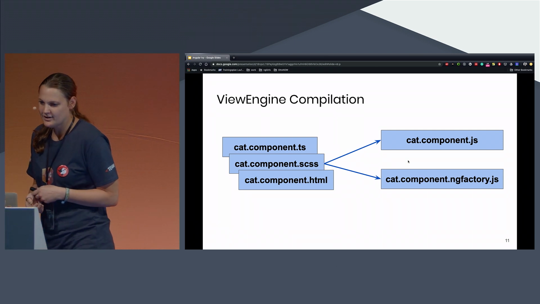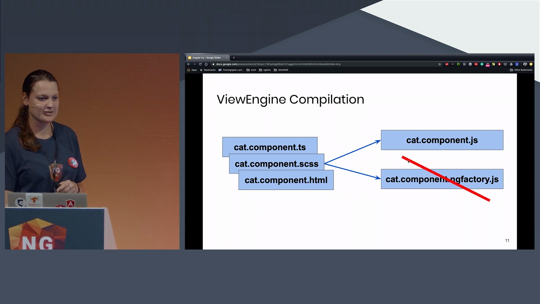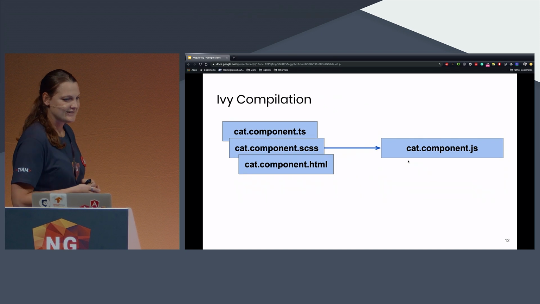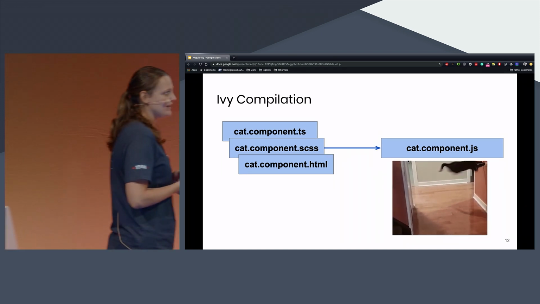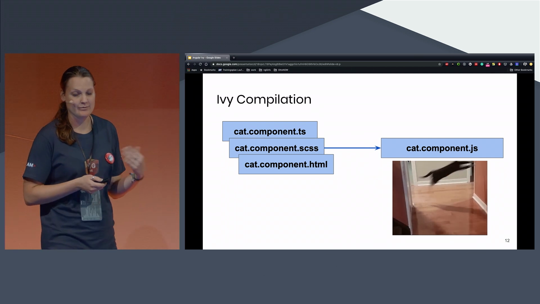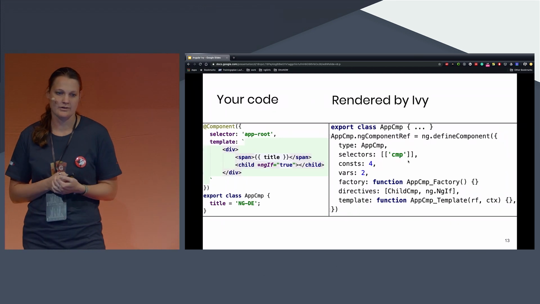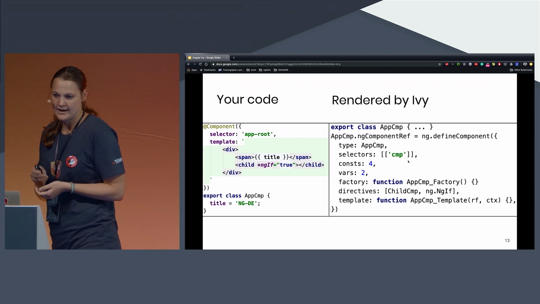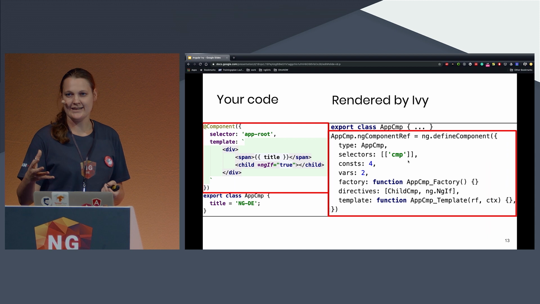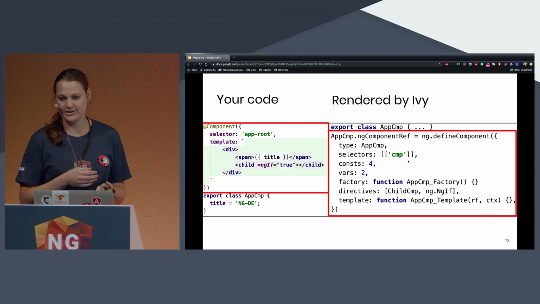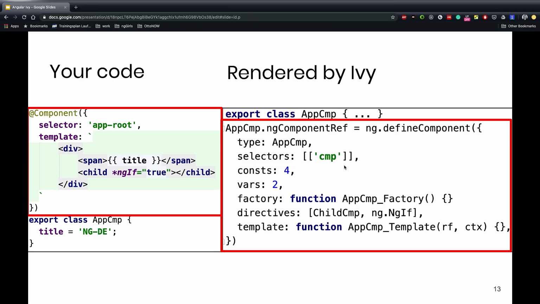So what the team thought was, we just remove that. We don't need it anymore, so we just have the cat component and we are happy. We just have the one JavaScript file and we are happy. Of course, it's not that easy, but what they really decided was to move the template code inside JavaScript. The static representation of the template code, they put inside the normal JavaScript file as well.